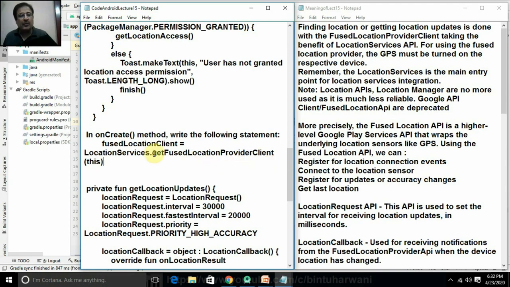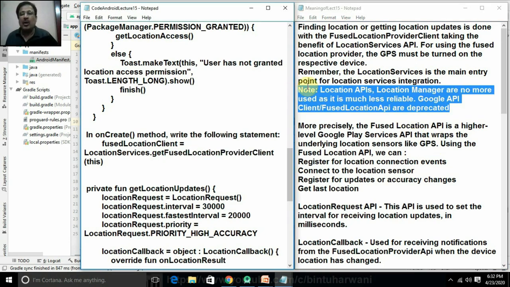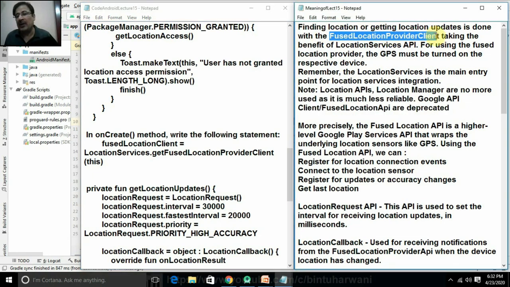The first thing that we'll do is make an instance of this fused location provider client. Why is it so? First, all the previous APIs like location API, location manager, Google API, fused location API, are all deprecated and no more used. The enhanced API, which is used very frequently to access locations, is the fused location provider client. Why? Because it wraps the GPS network, it senses your device location sensor, and it provides you methods to efficiently